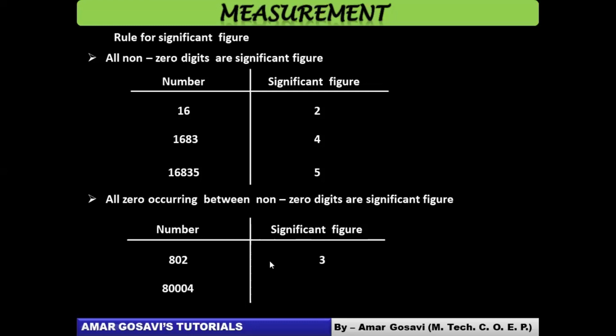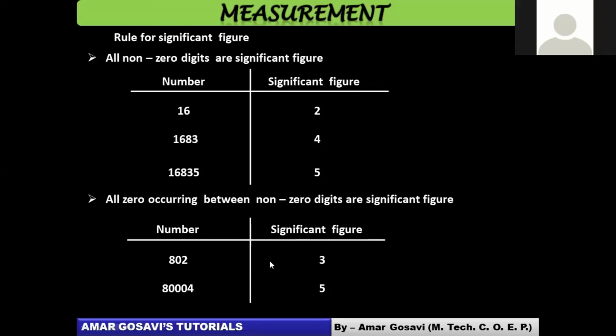Here you can see there are 3 zeros between 8 and 4. Because these zeros are between 8 and 4, they will be considered as significant. And therefore, the total number of significant figures. Can anybody unmute and say how many significant figures are there in this number, 8004? How many significant figures do you find in 8004? 5. Yeah, there are five figures, right? So this is how you start working. There are more rules also. These are just the first two rules we have seen on how to depict significant figures.